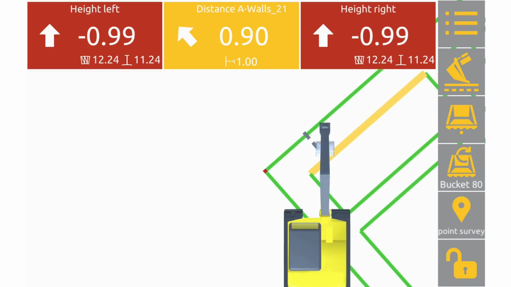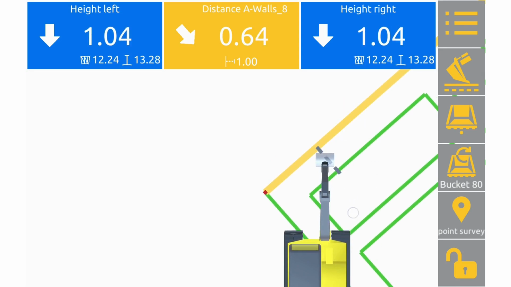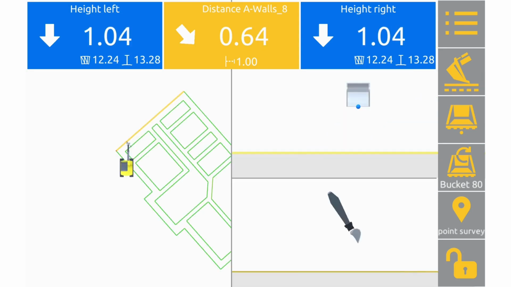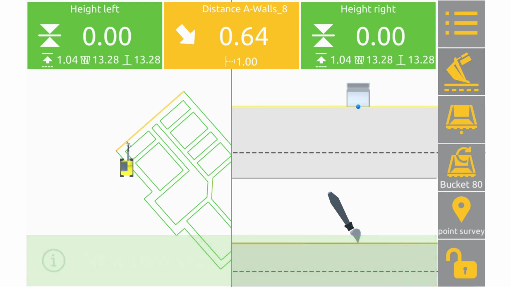So let's say I'm below it or I'm above it. I'll just show it on this screen. So with the offset, if we long press on the offset button, it will zero the bucket at the height that we were given. So we can zero here. Now you can see that where the surface was created is a broken line, and where we zero the bucket is the